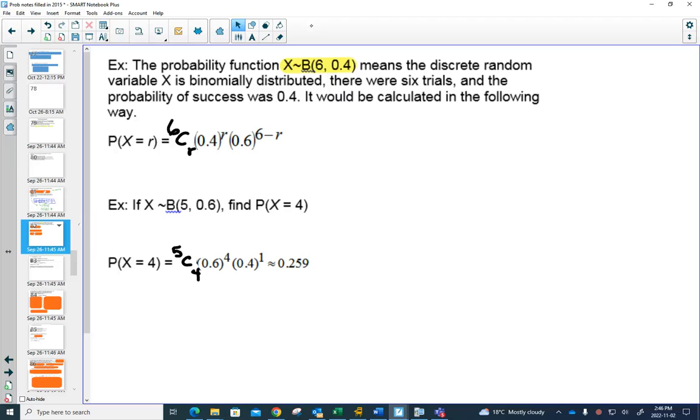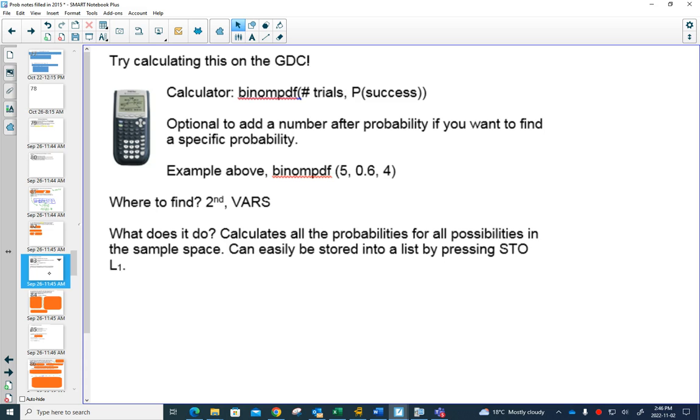Looks like theorem, they don't give you this formula for binomial distributions. Maybe because they think it's redundant, and also because these are calculator questions, and we're going to find out that we can do binomial distributions quickly on our calculator. So if you take out your graphing calculator,